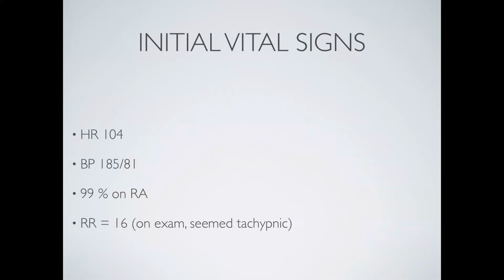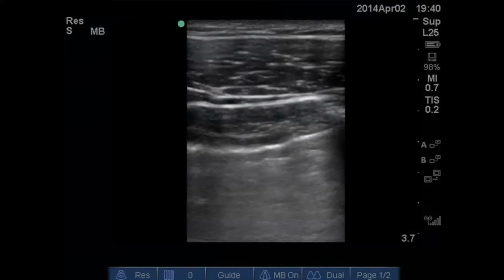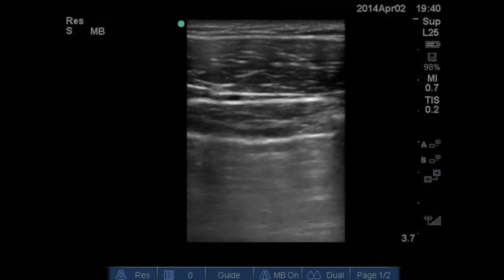But upon walking into the room, the patient looked to be very uncomfortable, very tachypneic, was tripoding, looked to be struggling a bit to breathe. So I grabbed the bedside ultrasound to take a look at his lungs. And this was the first clip in